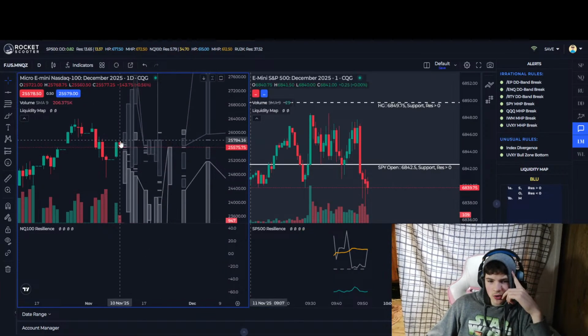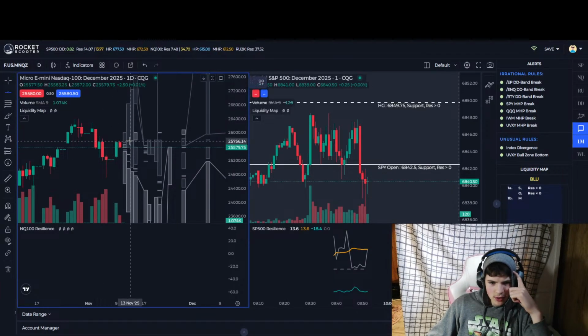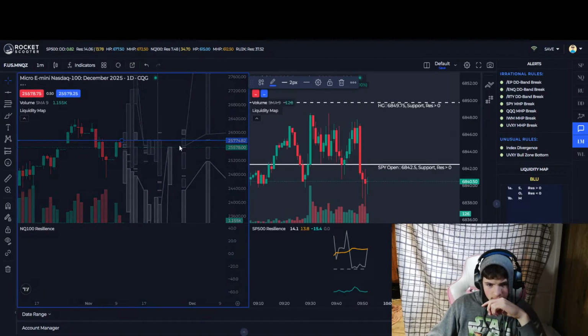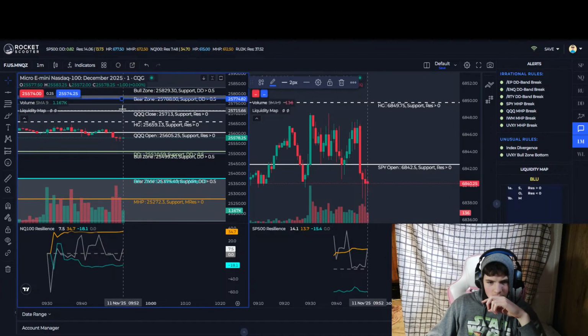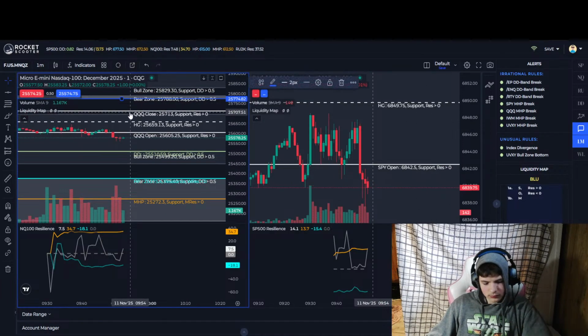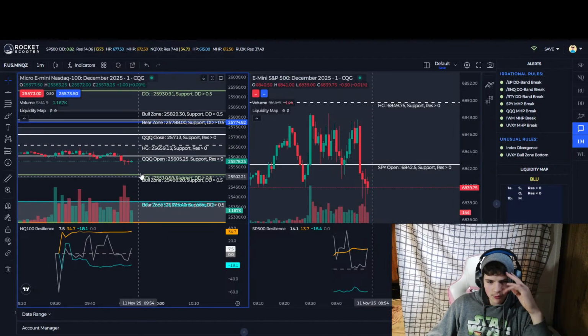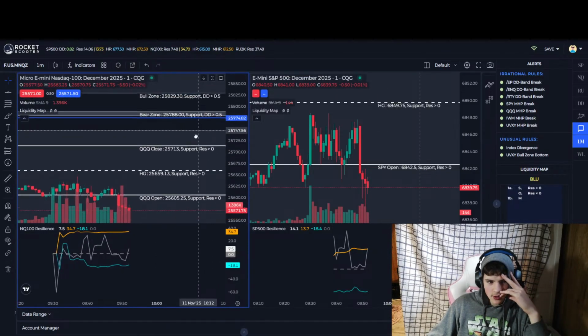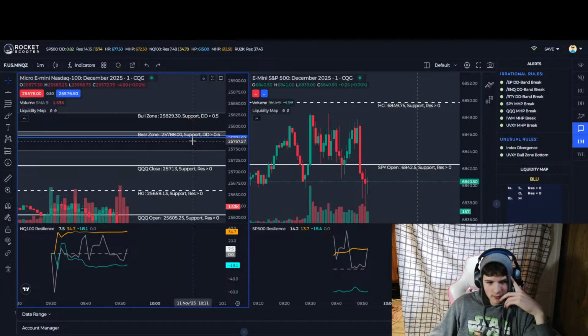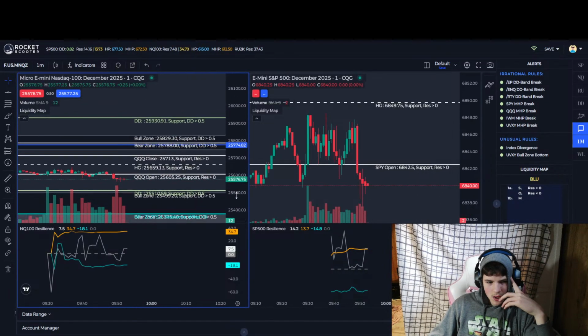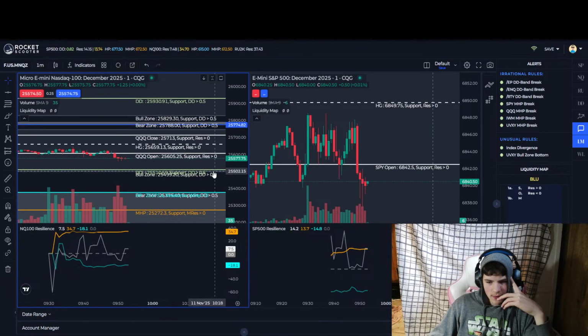It could try to fill yesterday's candle. Where's the resistance? Okay. So if it does shoot up randomly, this right around bear zone would be 25.5K. 25.5.